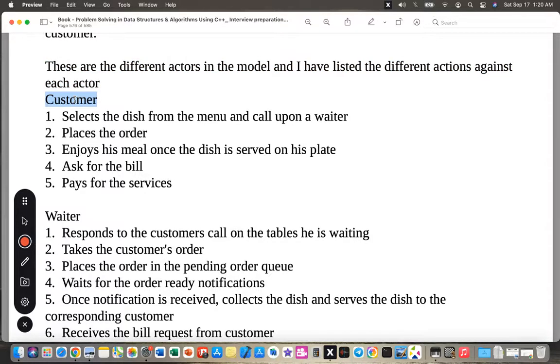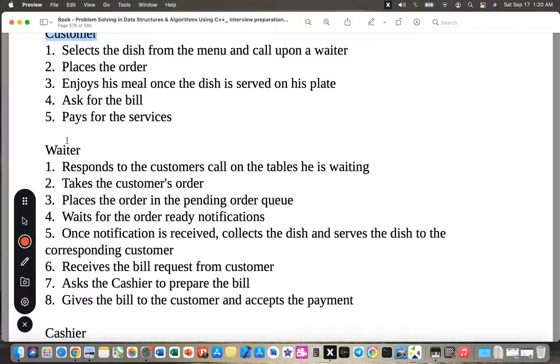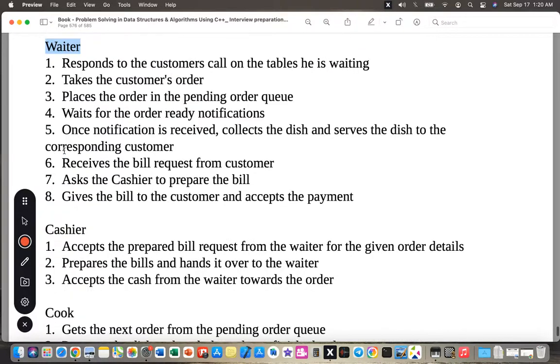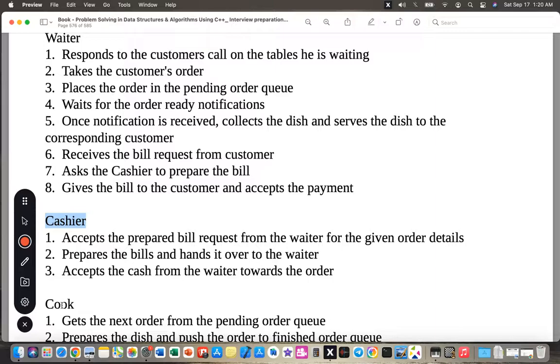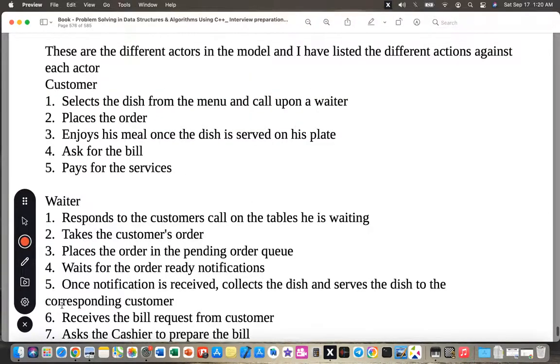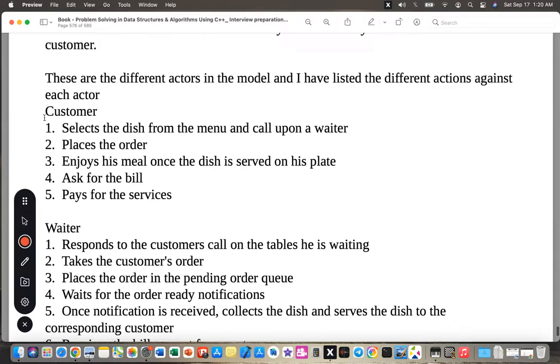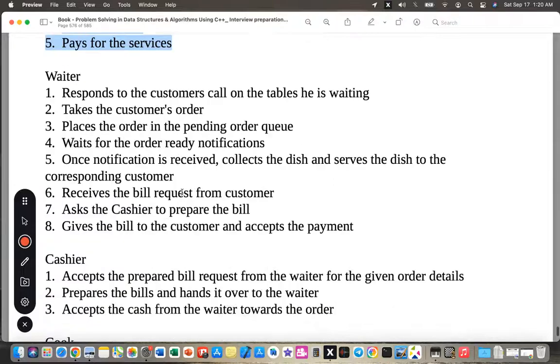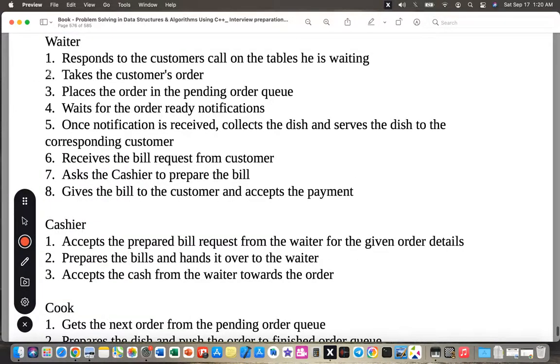There is the customer, the waiter, and the cashier, and of course the chef. So we have a waiter in the middle here, right? The customer selects the dish from the menu and calls upon a waiter, places the order, enjoys the meal. Once the dish is served, asks for a bill, pays for the services. Five different actions. The waiter responds to the customer,